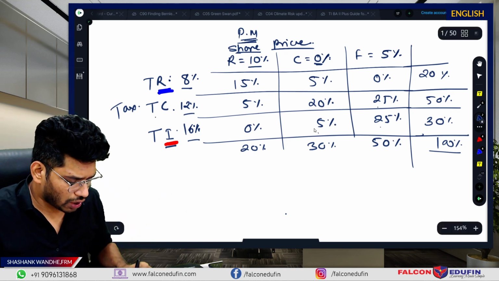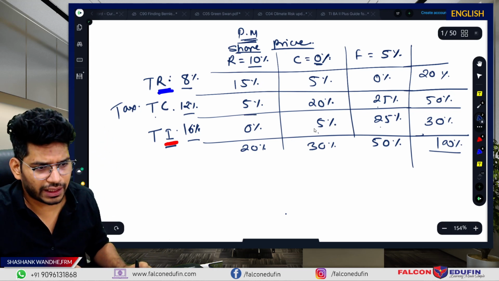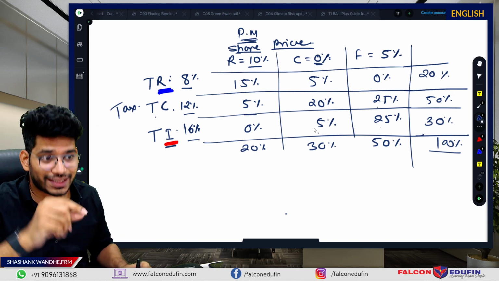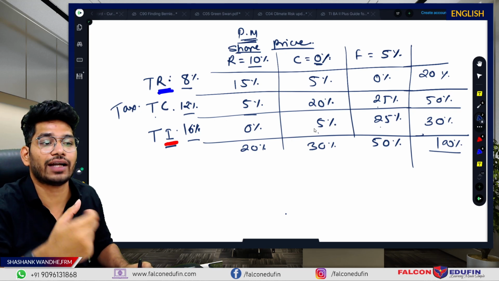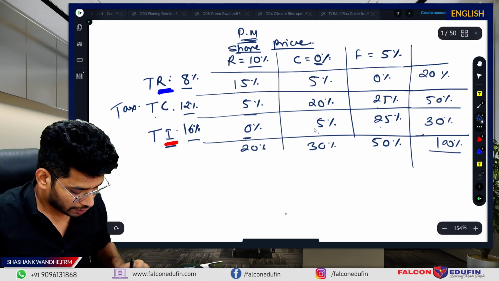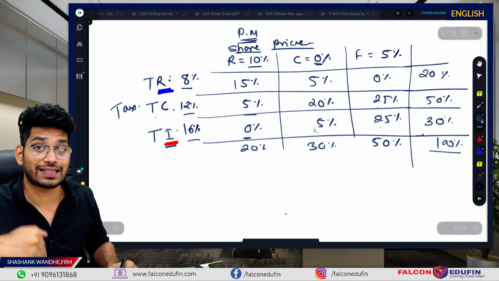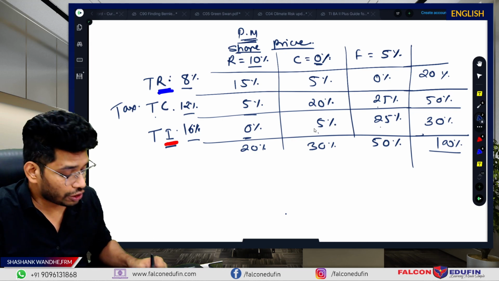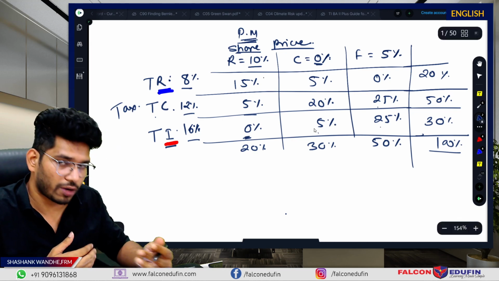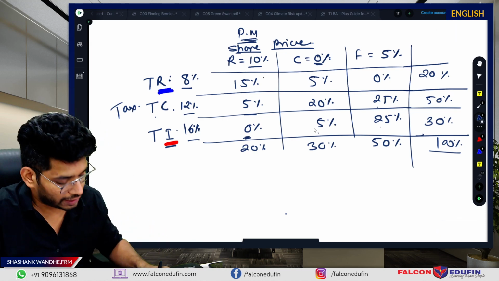If the tax rate is constant, then there is a 5% probability of tax rate constant, and focus on my words, I'm using the "and" word: tax rate constant and share price rises. Then 0% probability of tax rate increasing and share price will rise. All three are the joint probabilities.